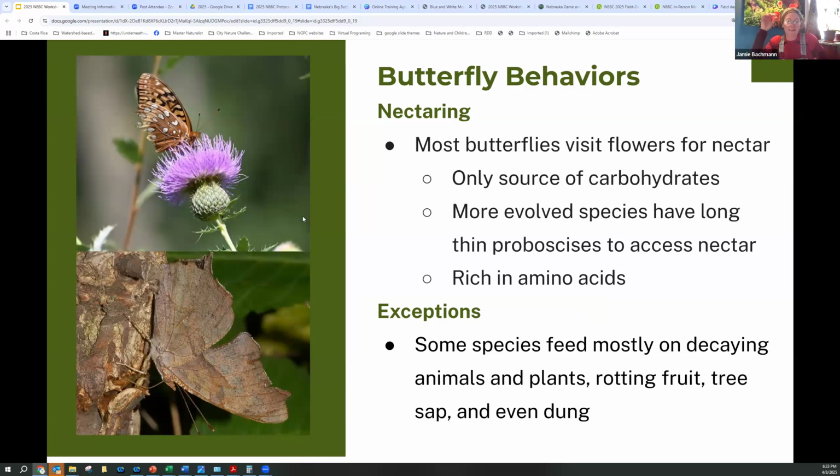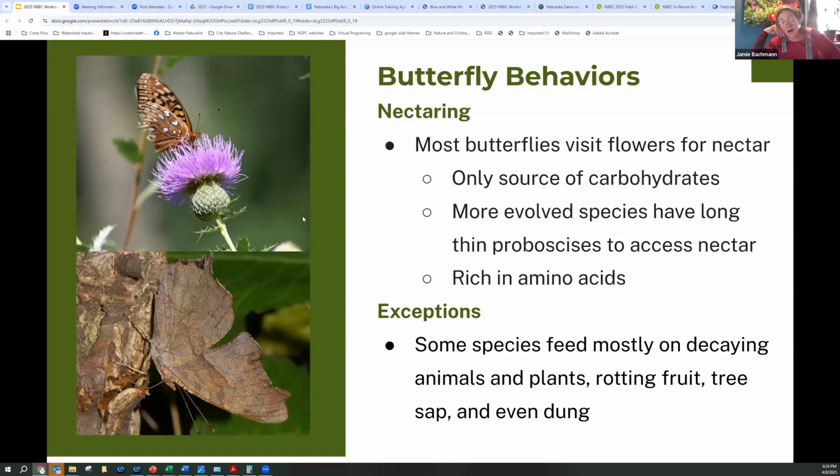The mouth parts of the butterfly have adapted into this long straw-like proboscis, so they can get deep down into some of these harder, tubular plants where the nectaries are deeper into the flower. They can get the nectar out of there a lot better than other species like bees. Sometimes some bees will eat holes at the bottom of the flowers to get at the nectar in that way if they can't get in through the top.